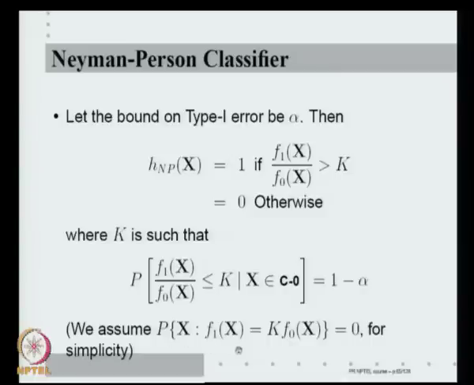That is, the probability of x belonging to any lower dimensional subspace, for example a subspace characterized by f1(x) equal to k f0(x), is 0. Because we are assuming that the ratio is either greater than k or less than or equal to k, we will not allow any kind of Dirac delta part in f1 and f0. This is only a technical condition. Those of you who do not understand this, don't worry about it. Simply assume that f1 and f0 are nice smooth density functions, then this will be all right.